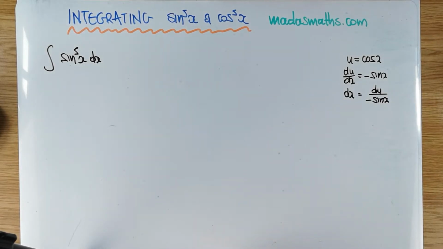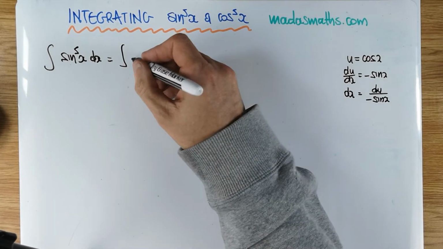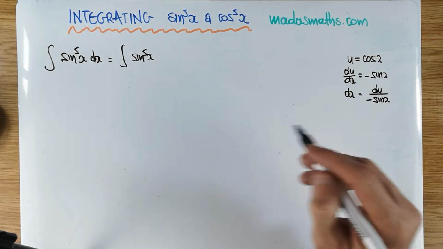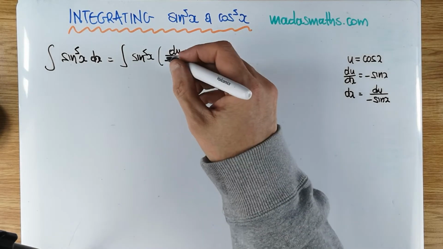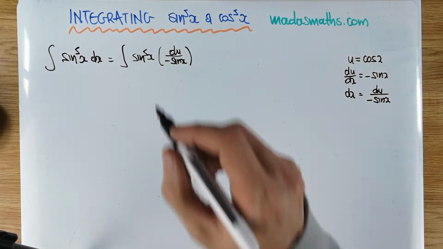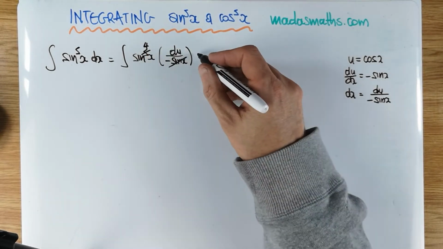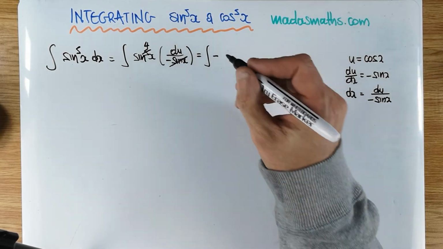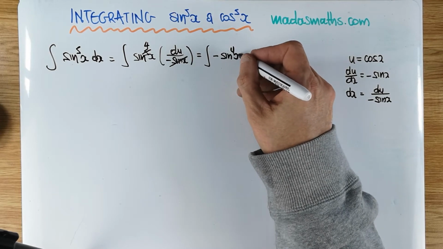What happens next? We're going to put it into our integral. Here it goes. Sine to the 5 we'll leave as it is at the moment. The dx is this quantity here, so times du over negative sine of x. Cancellations will take place. Gone, and this will go now to the power of 4. And let's do a little bit of a tidy. Let's not forget the negative from there, so minus, and then we have sine to the 4 of x